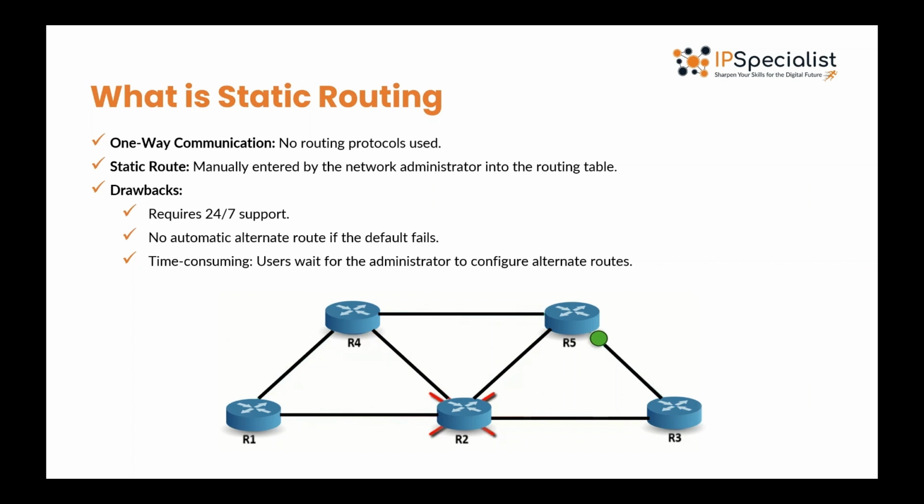This is where the network administrator steps in. They need to step up and manually configure a new path for router 1. By doing this, they ensure that the data from router 1 finds its way to router 3 through an alternate